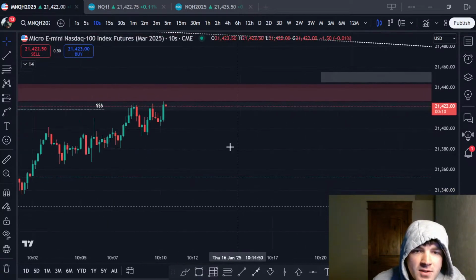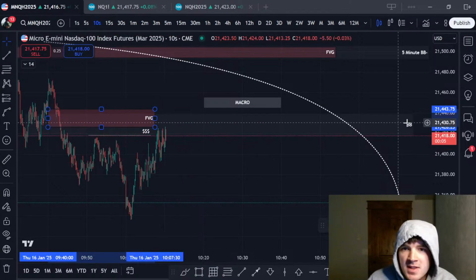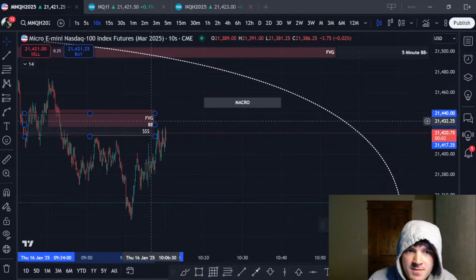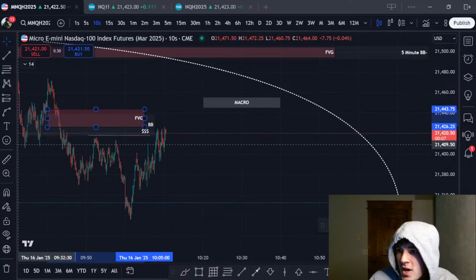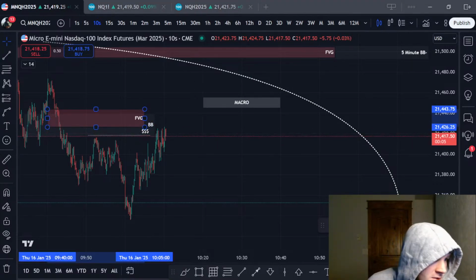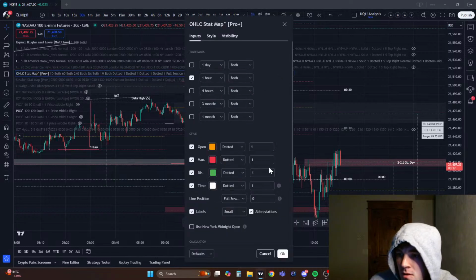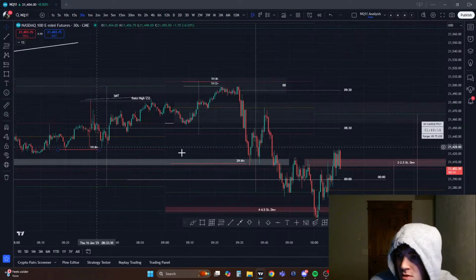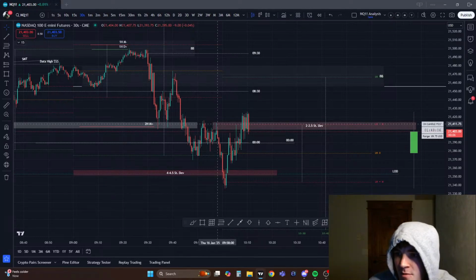Okay, if we can get an inversion off of this area, I would like this. Let's see if there's any stat map levels that line up in this area here on the low time frame. Let's go over to the other screen here, and let's look at stat map. 1 hour stat map levels. Yes, we're right around the 1 hour manipulation level here. Right here, we're above midnight open. It's a nice confluence as well.